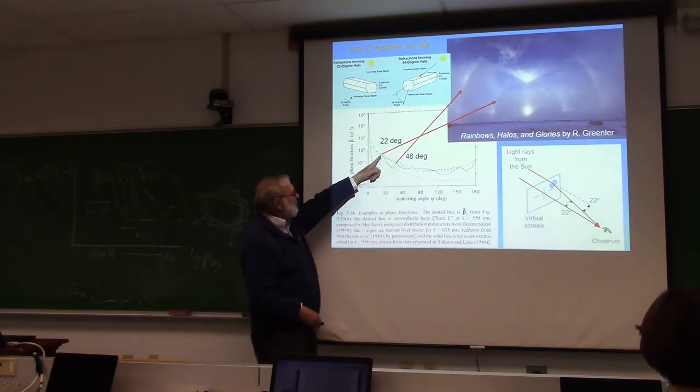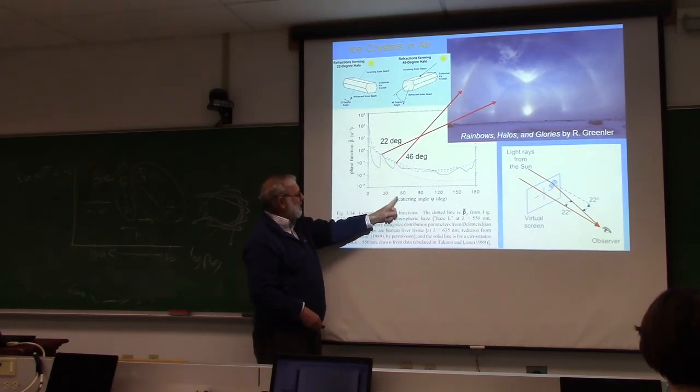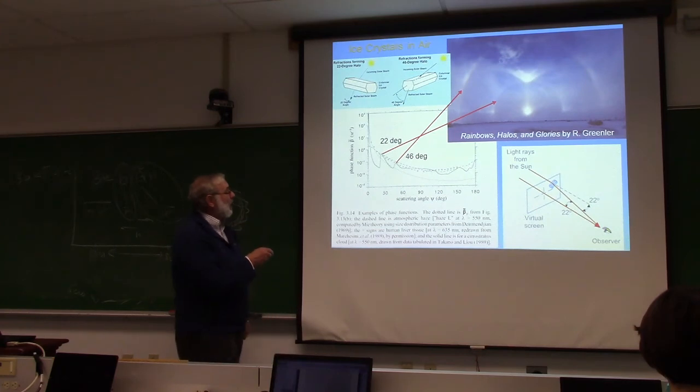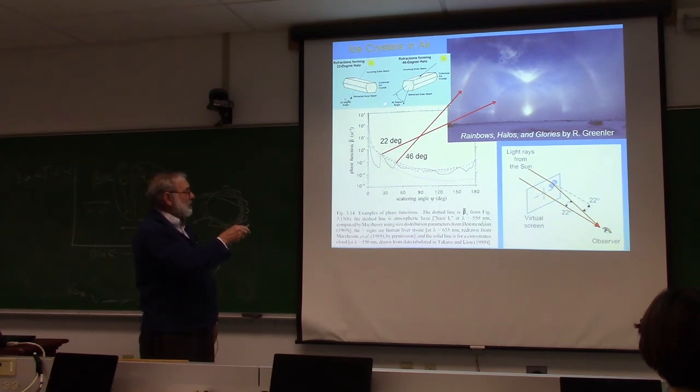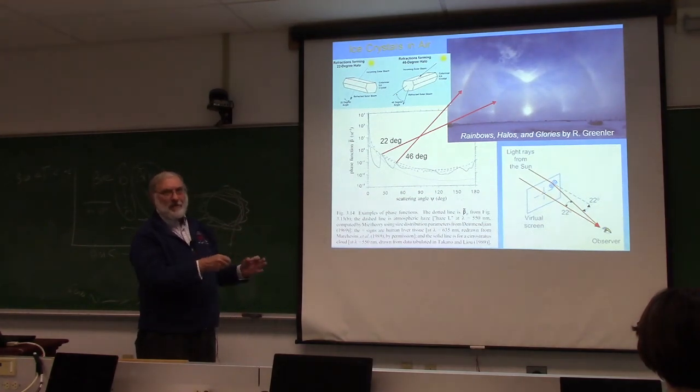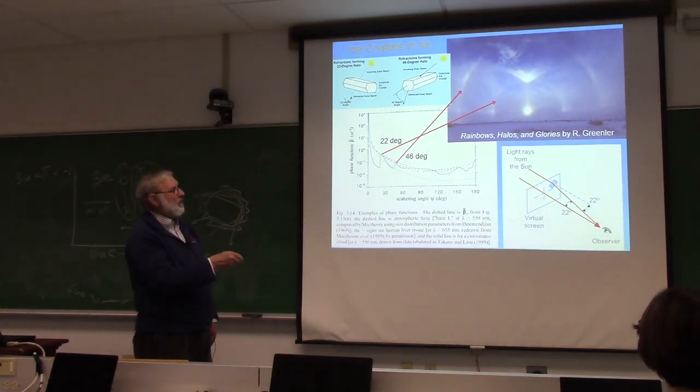Well, notice there's a big bump here, a big bump here in these forward scattered directions, and those are light passing through hexagonal ice crystals in different ways that generate either the 22-degree bump or this 46-degree bump here. And those are what lead to, if you have a cirrus cloud with ice crystals and you're looking at the sun, you get these spots